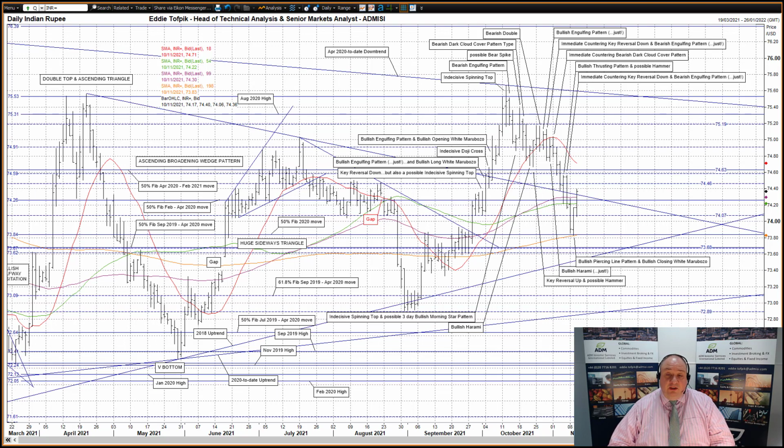What was also interesting was where the rise halted, at the overhead combined congestion of the flatlining short medium moving average, currently at 74.22, and the 50% Fibonacci line of the February to April 2020 move at 74.26. The medium moving average, currently at 74.29, was also there, and finally the broken downtrend and trendline combination of the April 2021 to date move, currently at 74.33. These were the quartet of supports previously seen late last week, trying to hold the market up and then failing.